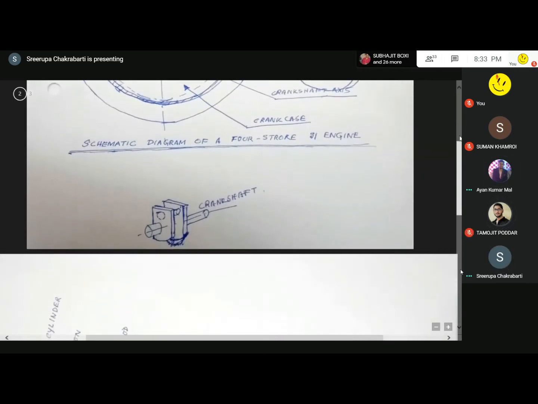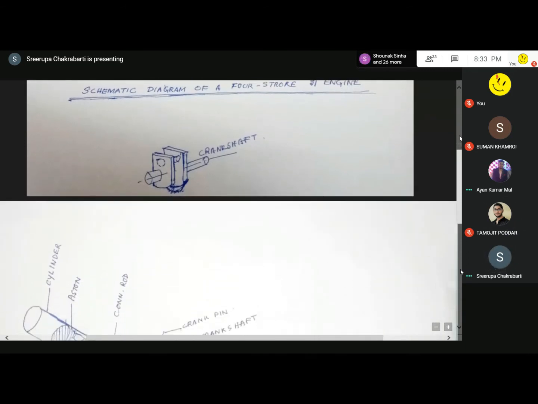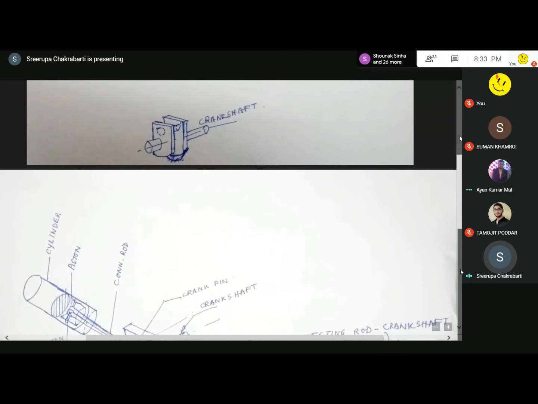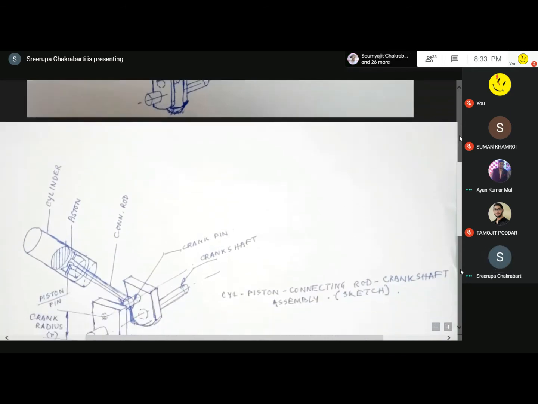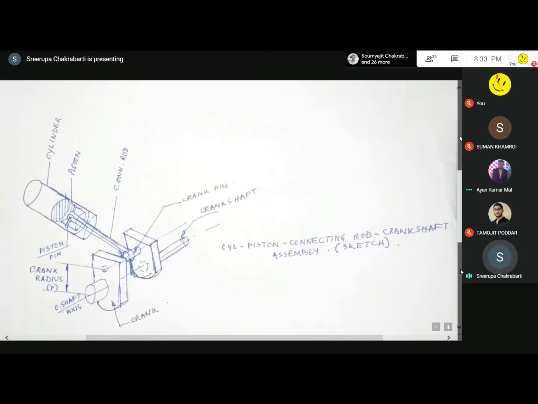I was telling that the first thing that I was trying to tell you was why the crankshaft will rotate. Now, this mechanism is called slider crank mechanism. As you know, this mechanism means starting from the piston, connecting rod, crank pin, and crankshaft. These four machine components, when they are joined, this mechanism is called slider crank mechanism. And the objective of that mechanism is to convert reciprocating motion into rotary motion.